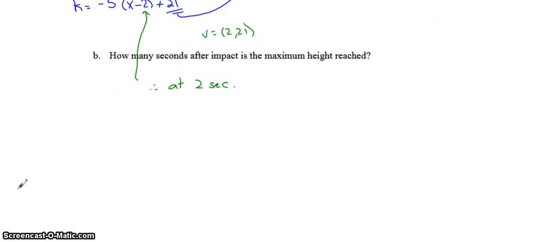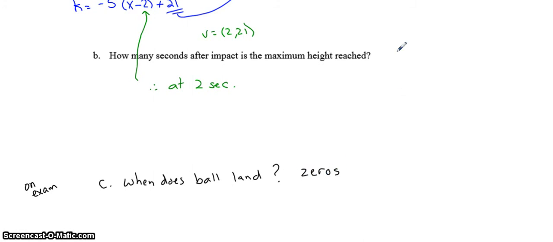Now, on the exam, or on the summative, you might get a question C which says, when does the ball land? So what might happen is you are going to combine a zeros word problem with a vertex word problem all in the same problem. So don't forget that this is from Unit 4,